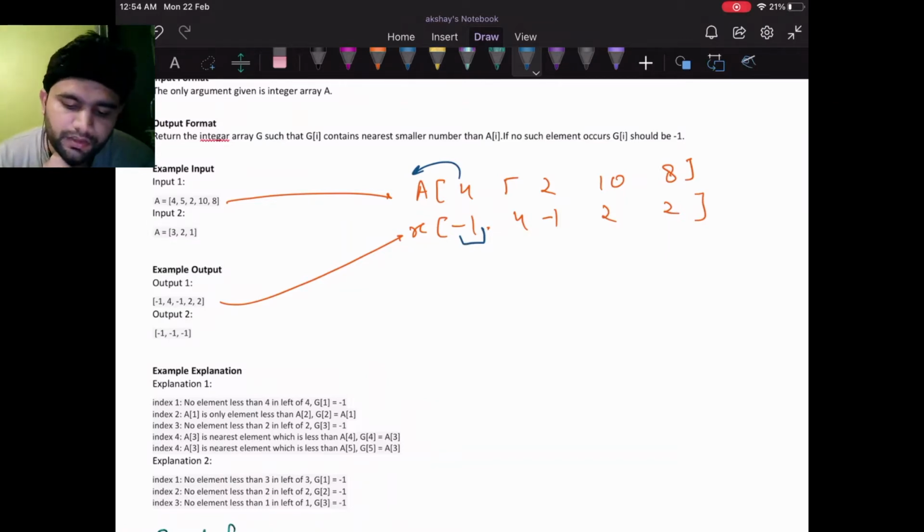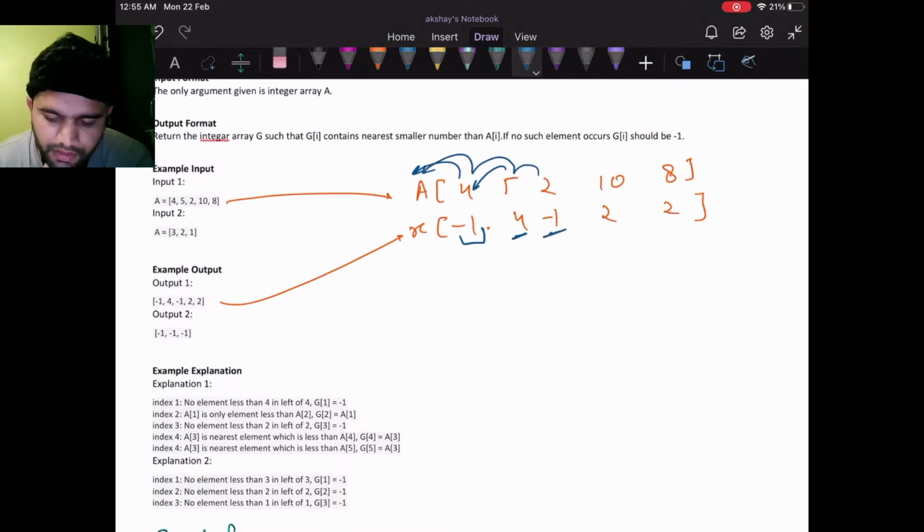For 5, the nearest smallest is 4. For 2, 4 is bigger, and we are beyond the array, so this is -1. For 10, this is my nearest smallest. For 8, this is bigger, and this is smaller.